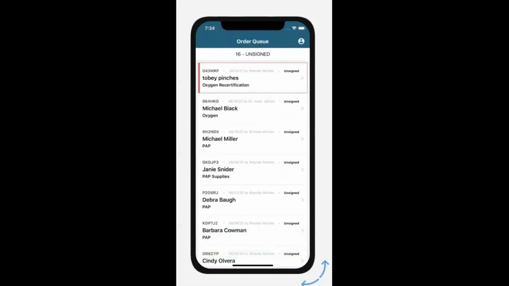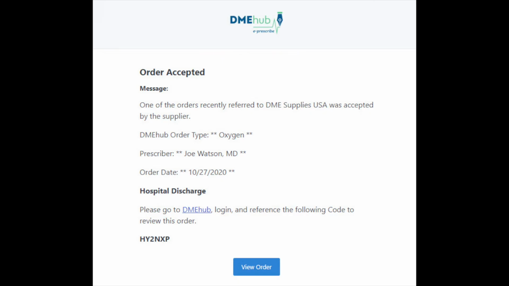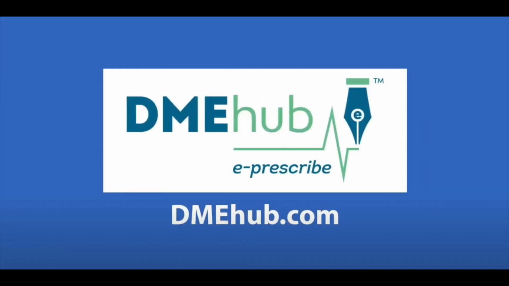when they are off-site. When an order has been qualified and accepted, an email notification will be sent to the care team member and/or prescriber. Finally, when the equipment has been delivered, an email notification will be sent and all delivery details can be reviewed on the order. That brings us to the end of this